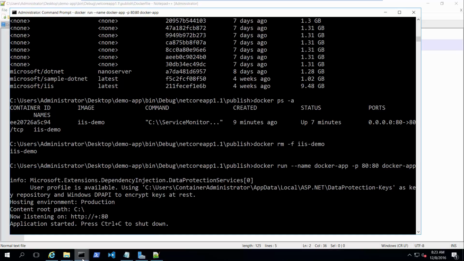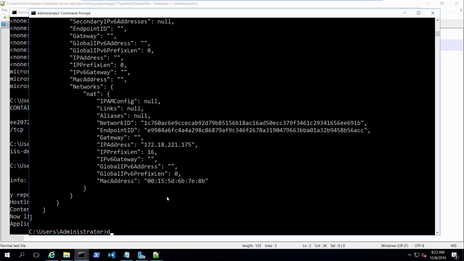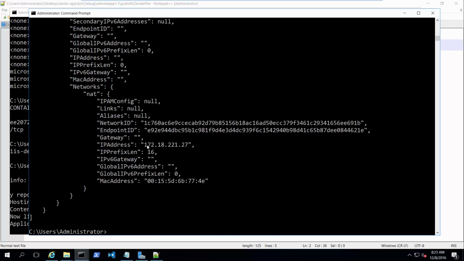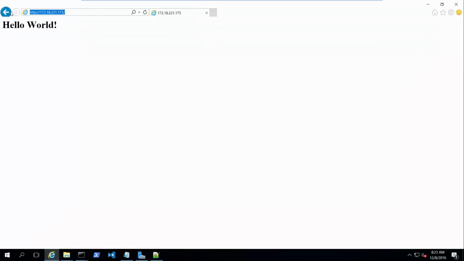And let's go back to my other command line here, and let's do docker inspect. Let's just see if it is running. docker ps -a, there it is. And docker inspect to get the IP address of this particular container, so I know what I'm running, and I can pull this up in Internet Explorer once I have that. So let's launch this and point it to that, and I should see the default landing page of